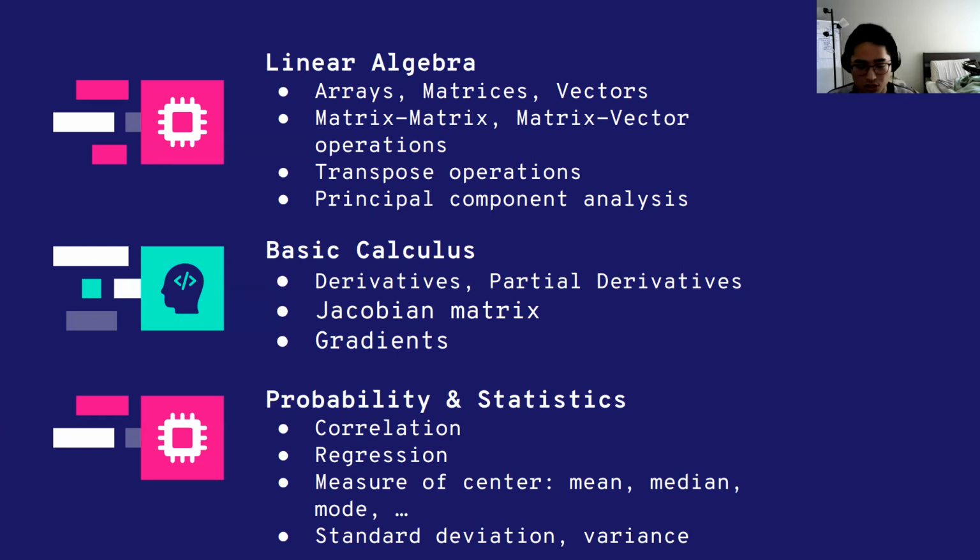So you have the correlation, the regression, the measure of center. The measures that you're going to use the most are the mean, standard deviation, and the variance. We won't go into too much detail on all of these topics, but of course, you should do your homework and try to understand these topics whenever you have time. This is only if you really want to get into machine learning, because it is really important when you get into advanced levels like neural networks, which will be described in our next workshop.